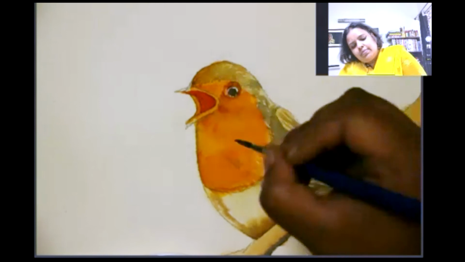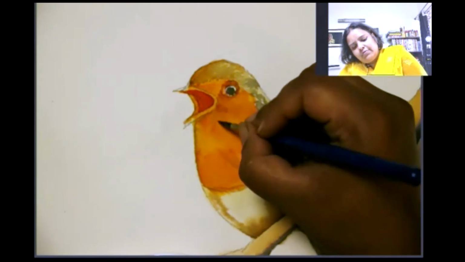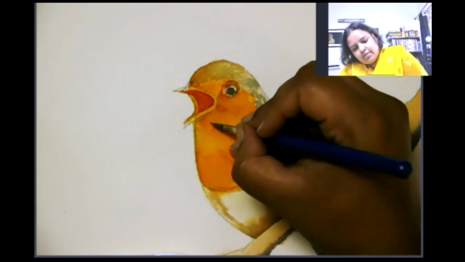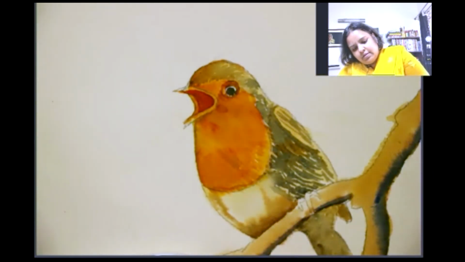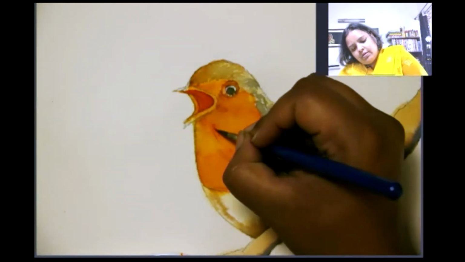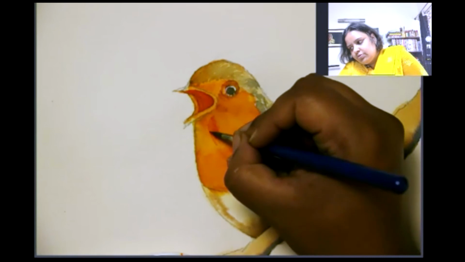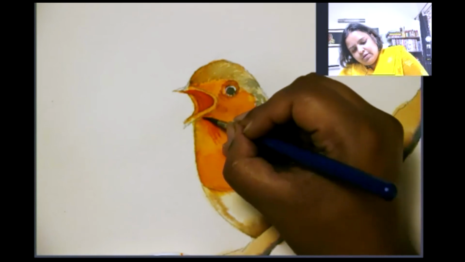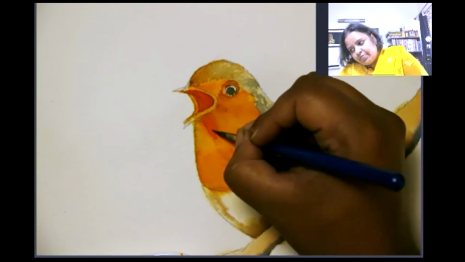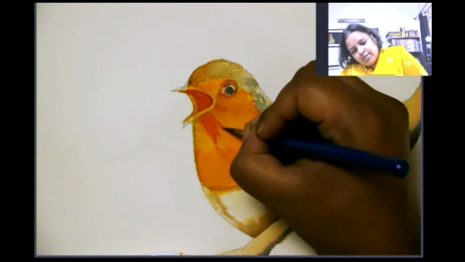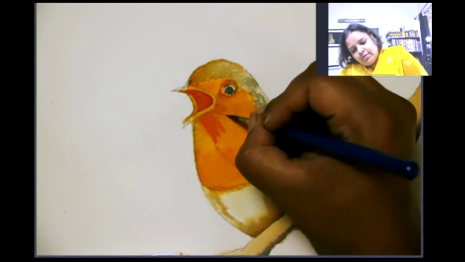Okay, I am now trying to develop using fur-like strokes. There is kind of a shadow falling here, I think, of the mouth, here and here.